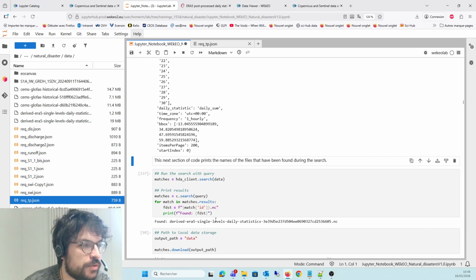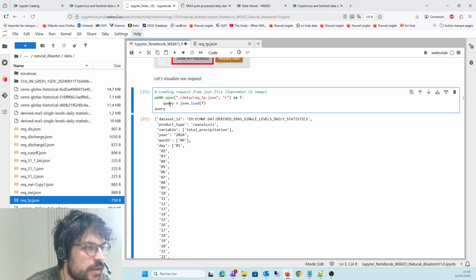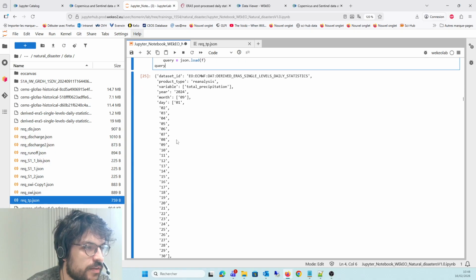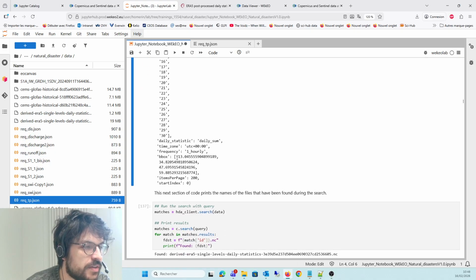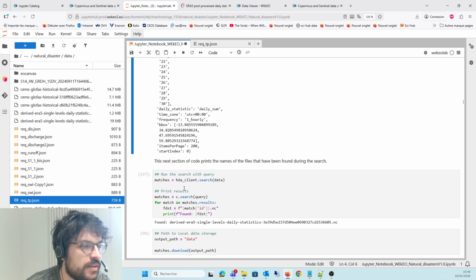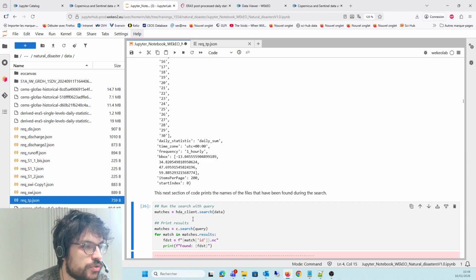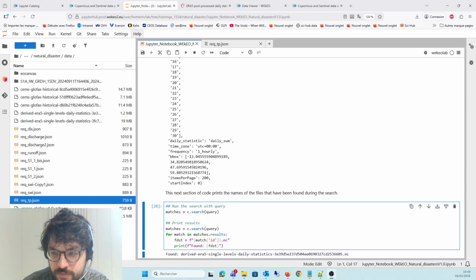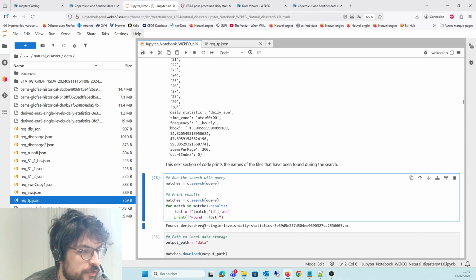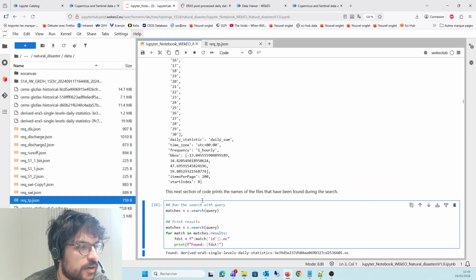Then you can open your query here. This is what I had in the file printed in this section, and then you can launch the search to find the files that you have requested. Oops, sorry, I just corrected the variable name to remove an error that I had.